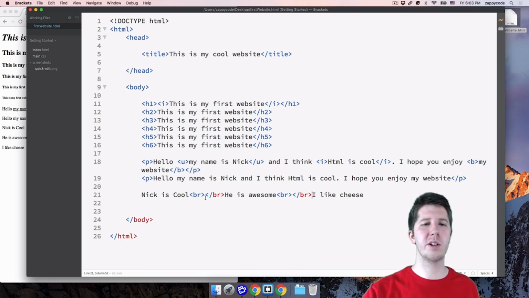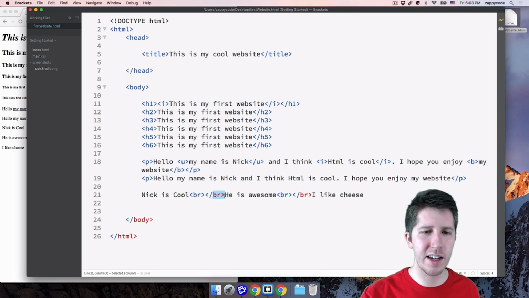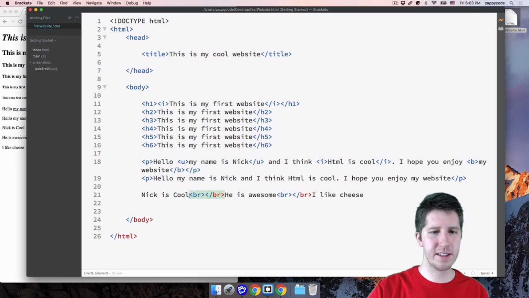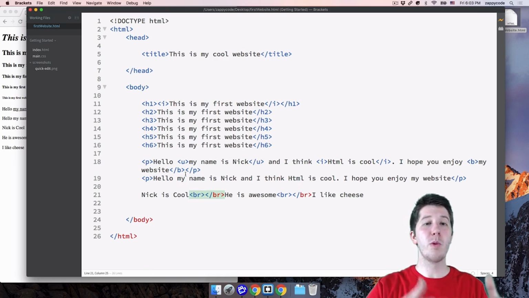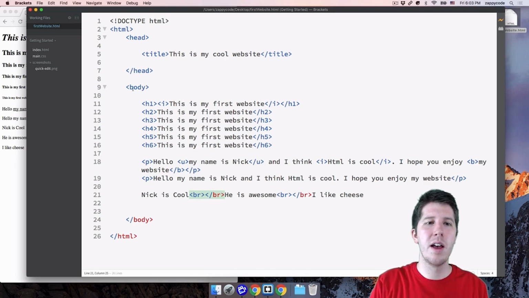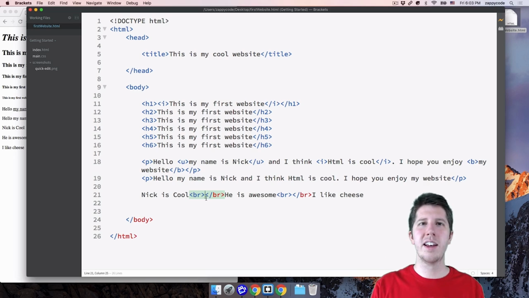Now, something that you'll notice here is that Brackets has kind of made the ending tag here red, and it didn't autocomplete and give us one. And that's because you never put anything inside of the two BR tags, like the opening and closing one. We have traditionally in the past with underline, paragraphs, the body, whatever, right? Things should go inside of there. But with the break, there's nothing that you would put inside of there.